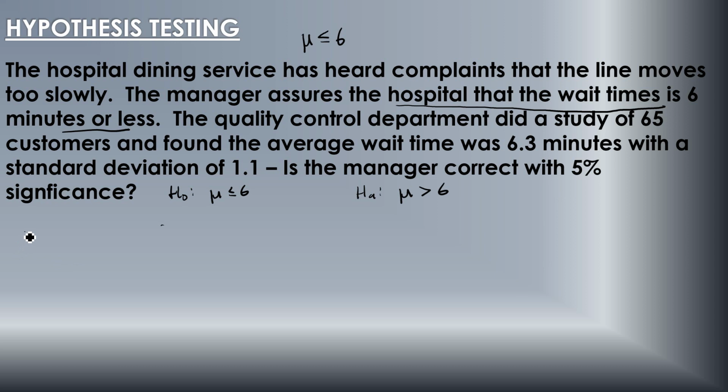So in case you're having trouble with opposites, the opposite of less than is greater than or equal to. The opposite of less than or equal to is greater than. The opposite of equal is not equal. So these are opposites to each other. So when we identify our claim, for the opposite of that, you just take away the equal or add the equal, depending. Okay, so our z-score. Now, which one of these was the claim? This is what she claimed or he claimed. So our z-score. Now, this is the z-score for the claim,